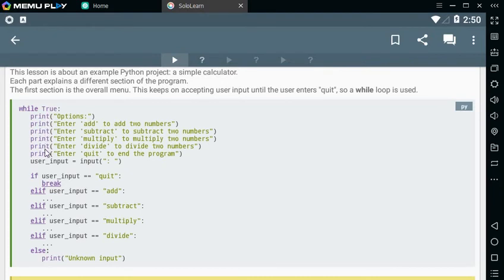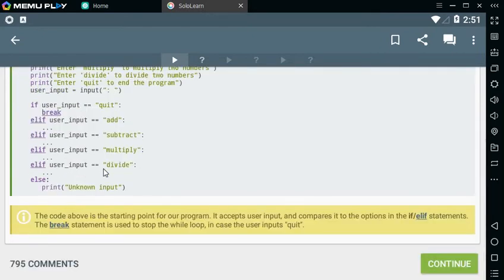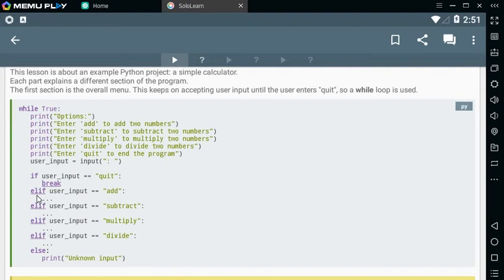Let me see. That's interesting. So what we're going to do is print options, and then it's going to print enter add to add 2 numbers, enter subtract to subtract 2 numbers. These are all our instructions for the user, and each of these print statements is going to print on a separate line. And this is explaining to the user how to use the calculator. If you enter quit, then it breaks out of the loop. Else if you input add,